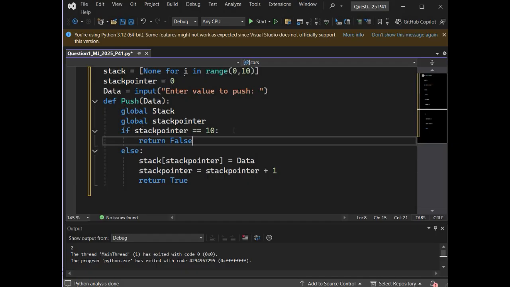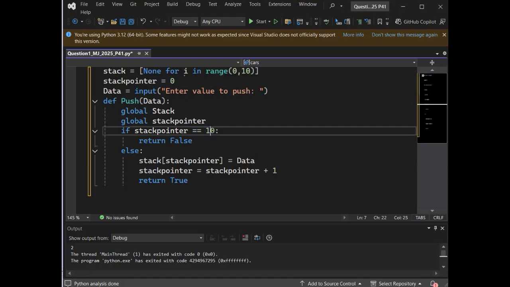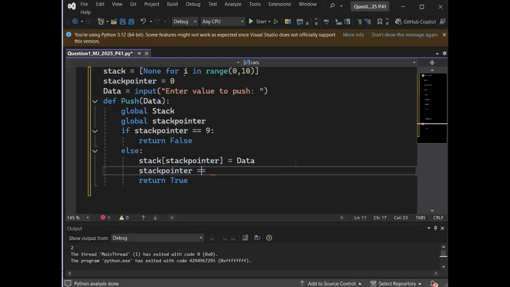So the logic is simple. If stack pointer is equal to 10, you would return false, because that means you have reached the end of your stack, or let's make it 9 in this case, because we are going from 0 and heading till 9. Otherwise you'll take whatever data it is, store it at the stack pointer position, and then do stack pointer equals stack pointer plus 1, or you can simply do plus equal to 1.